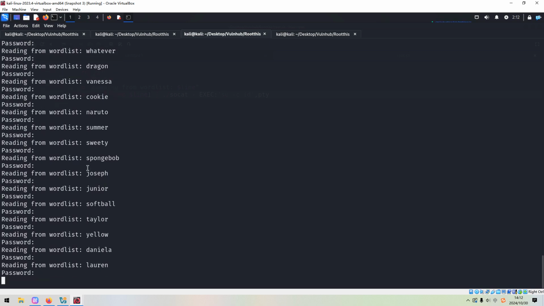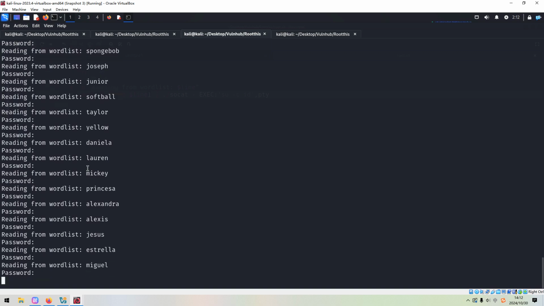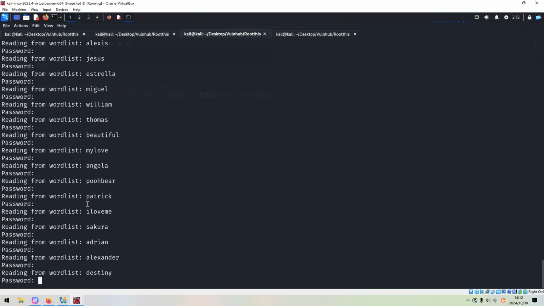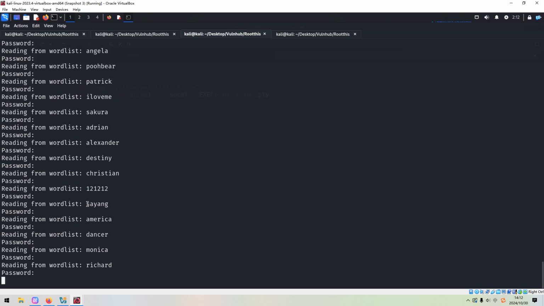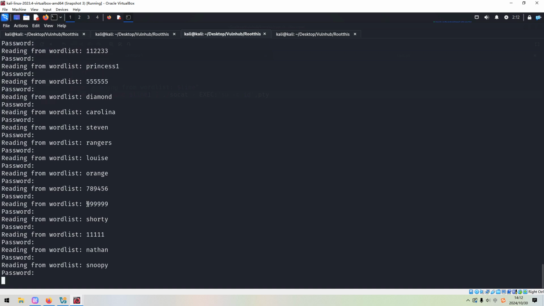I think it's almost done. If we can get the password, then we can do privilege escalation.